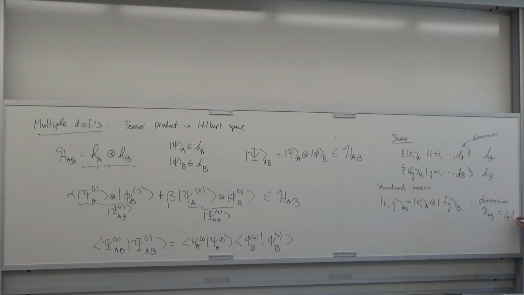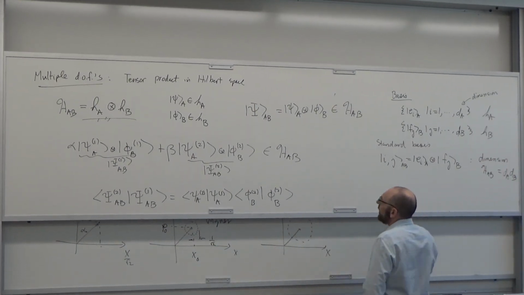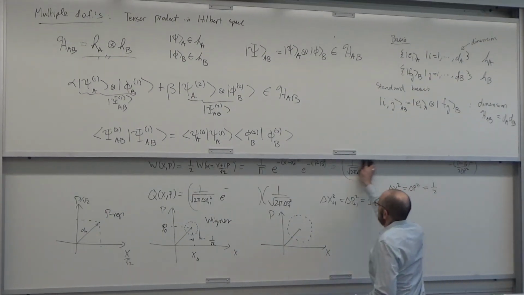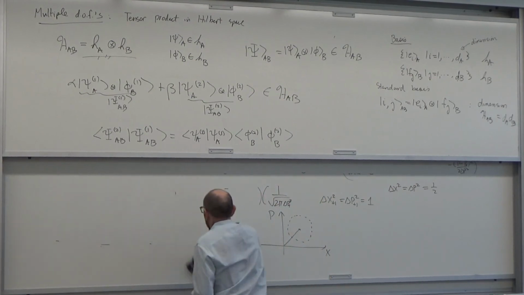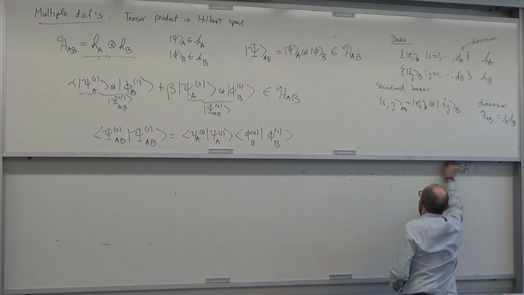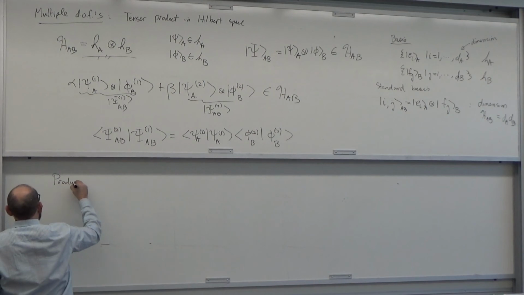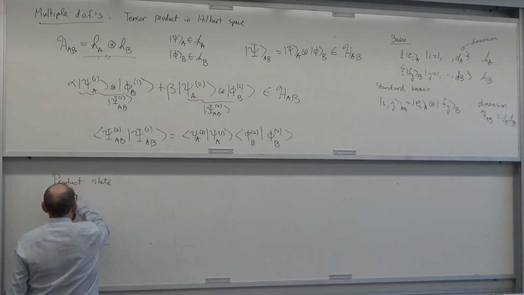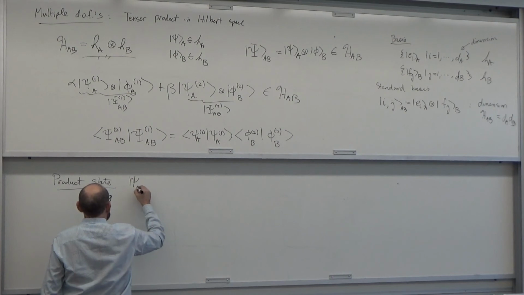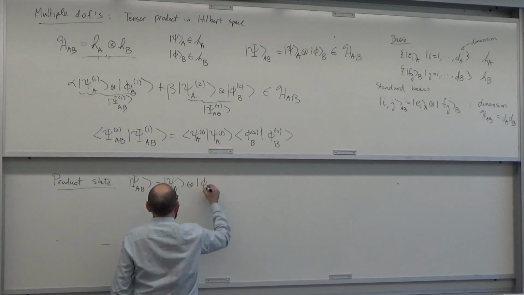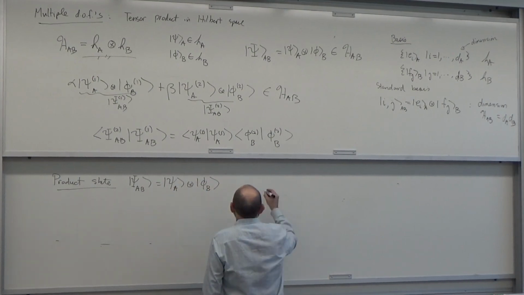So the total dimension of this Hilbert space is the product of those two dimensions. Okay. So if I have a product state,